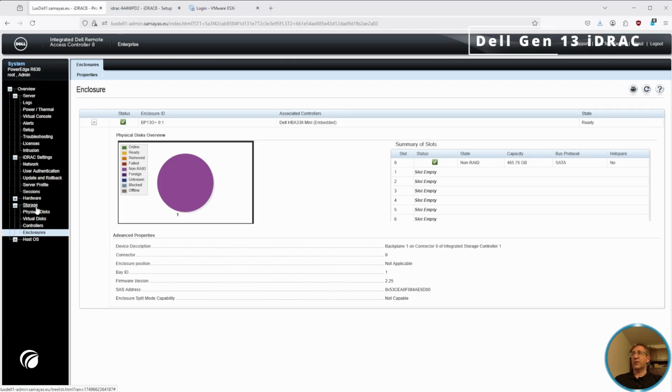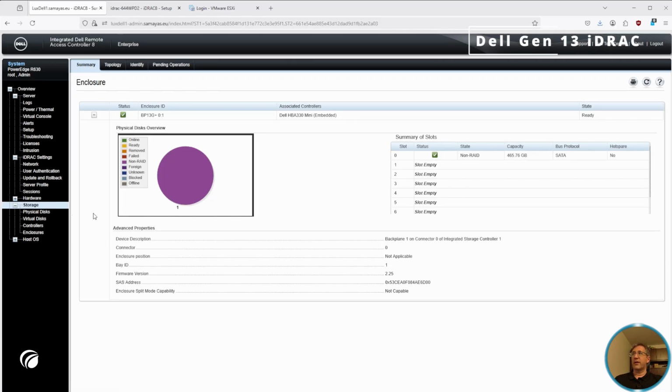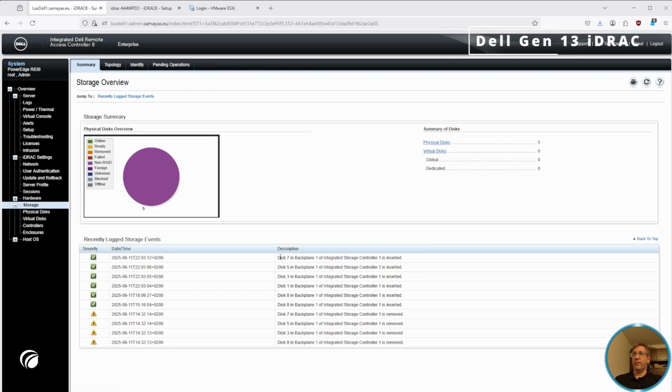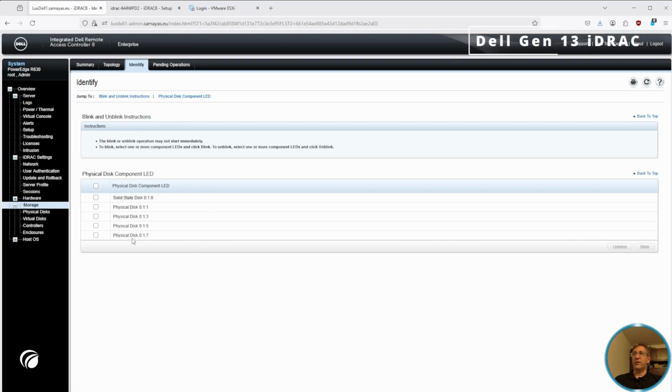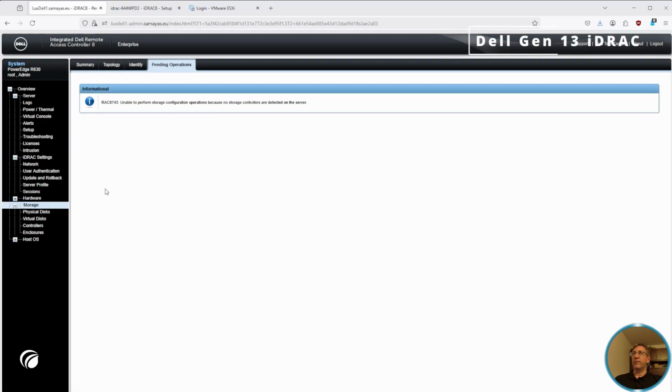I've just inserted my 4 SAS drives, and let's have a look again. And now, first of all, I get the inserts, and my physical disks went from 1 to 5. If I have an overview of my topology again, still the same thing. Now my identity, I have 5 disks instead of 1. I still don't have any